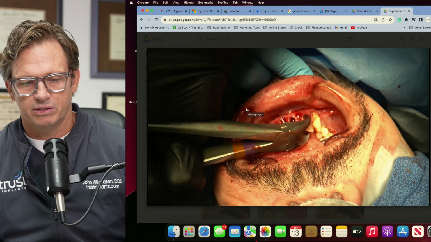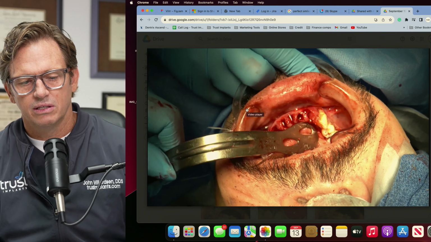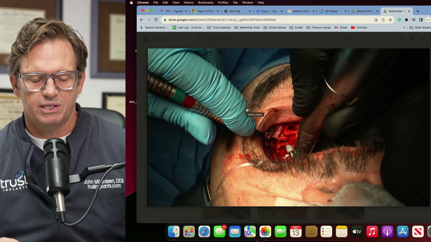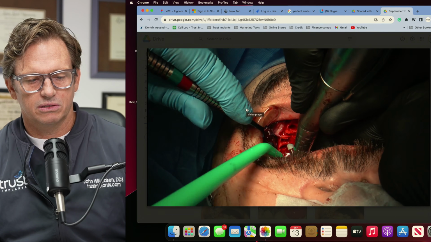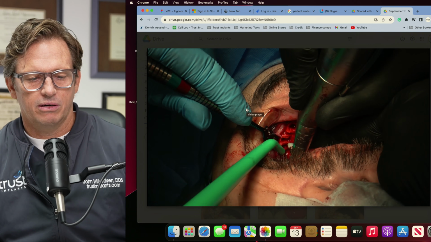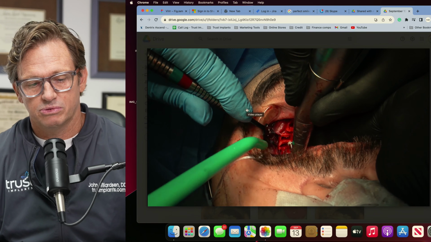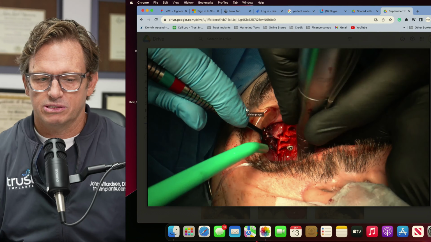One, I've removed all the acidity, or the teeth that are bad, so I've changed the pH of the environment immediately, and then was able to clean it up and then graft. So here I'm actually doing what's called an immediate placement. So I pulled the teeth out, which we do a lot of times. We'll take the teeth out, place implants immediately,